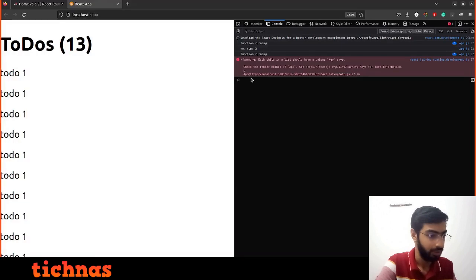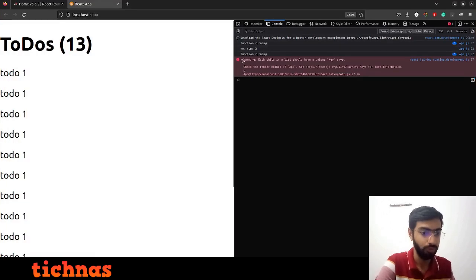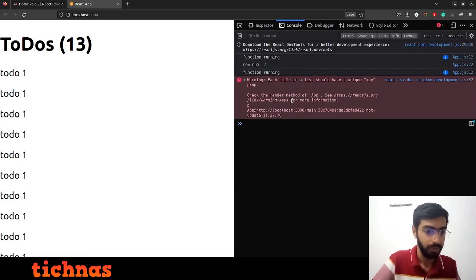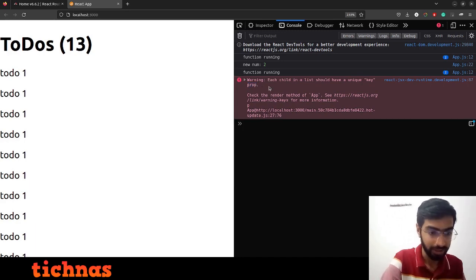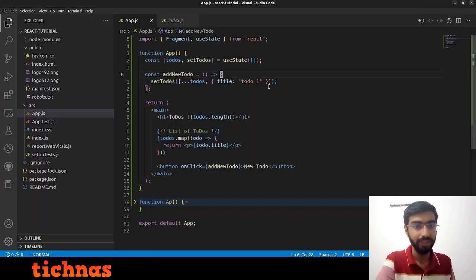But if you notice one thing, in the console we are seeing a warning. Let's increase font size here also. Yeah. So warning, each child in a list should have a unique key prop. Check this. Now what is prop? I will explain you a little later, but the thing is, whenever we are rendering a list, React has the power to optimize it. But to optimize it, React needs to know a unique identifier for each element, so that it can map that